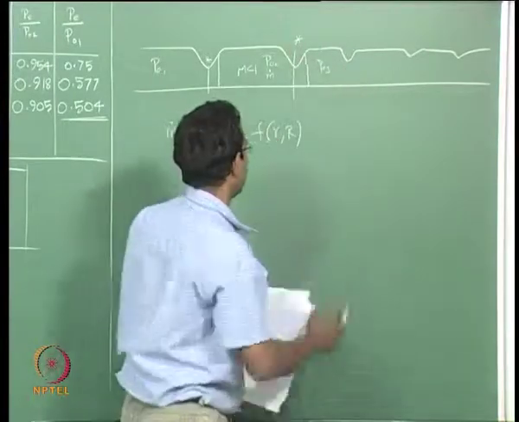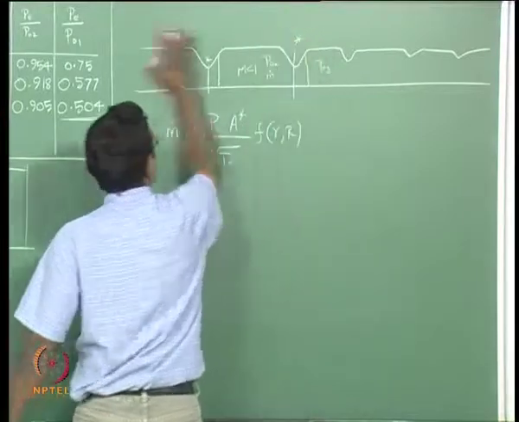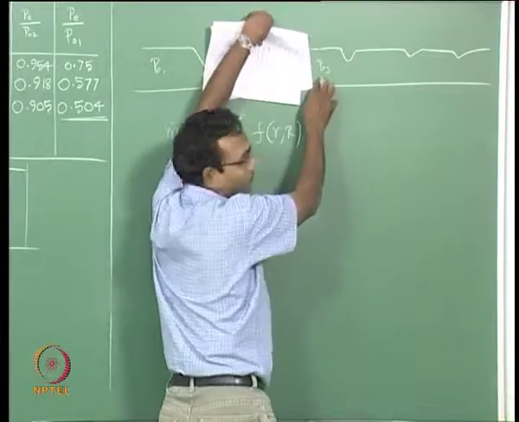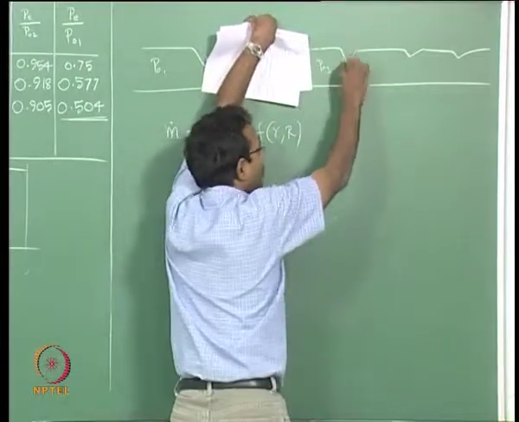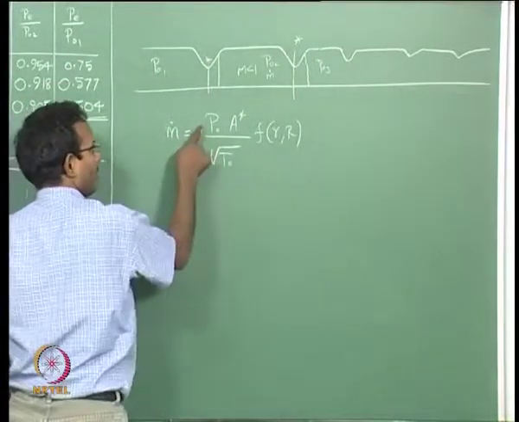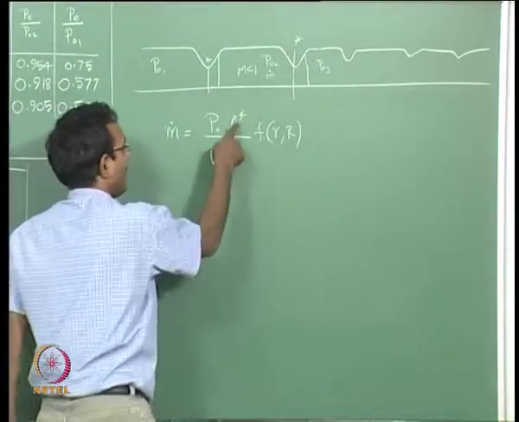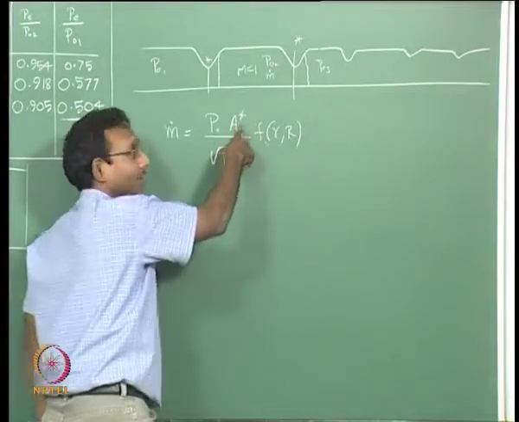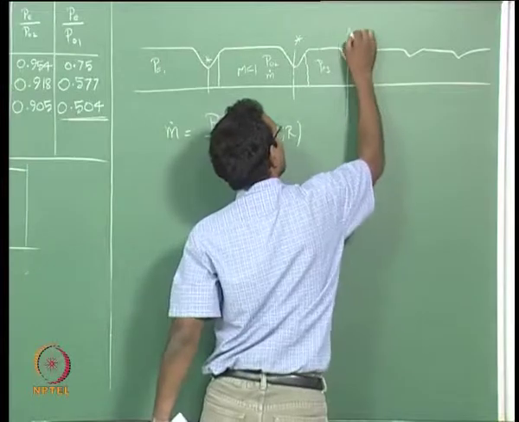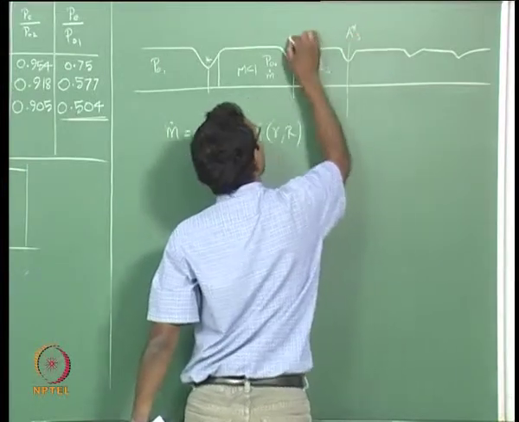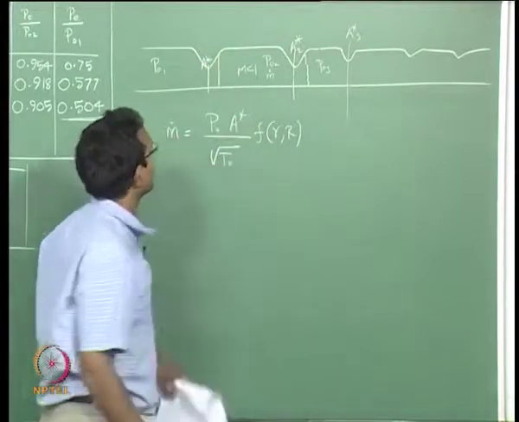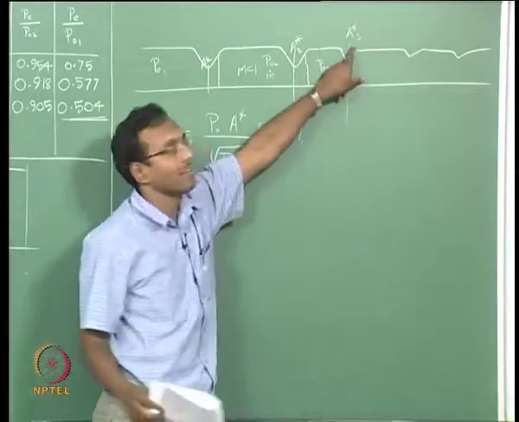I just look at it as a module. All this point is all ignored. Currently I am just going to see this is the only portion that is left. I have a P naught 3 in my duct and I can choke this for a given mass flow rate. I know the mass flow rate, I know the P naught, I know the T naught, I know the gas, only A star is left. I can now make a new dent, A star 3. Oh, I have to label A stars also. A star 1. Okay.